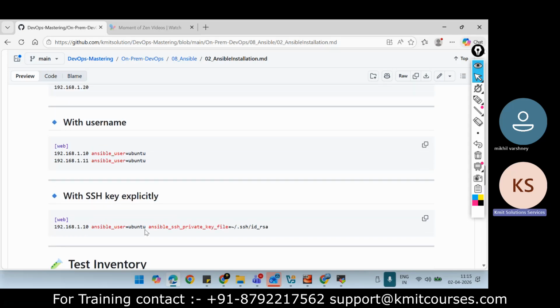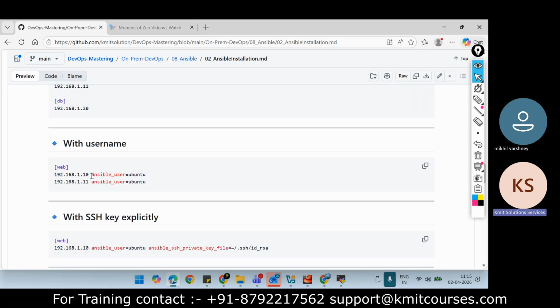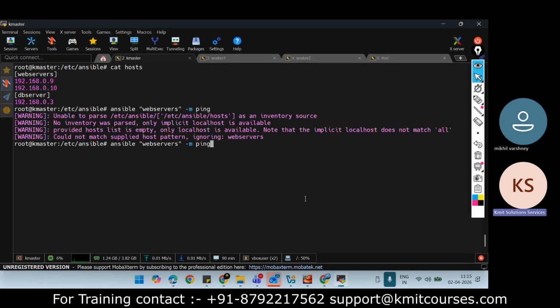So what we can do is mention the Ansible user also, because we are using the Ansible user. Let me put the Ansible user into my host file.